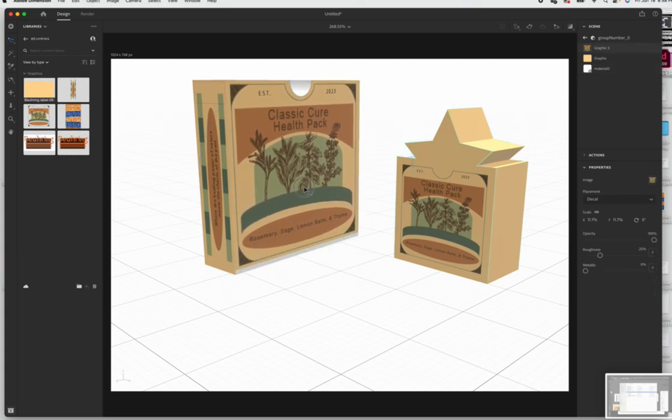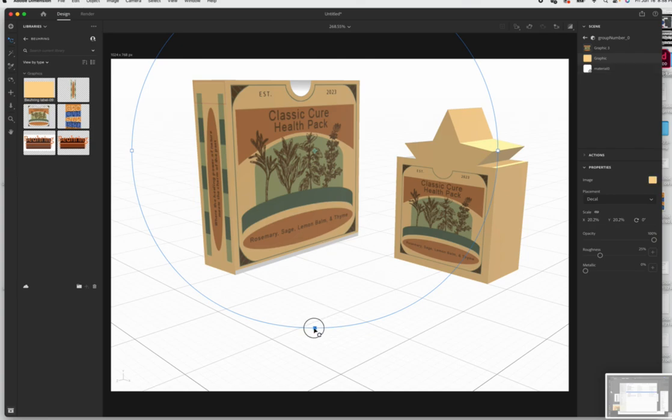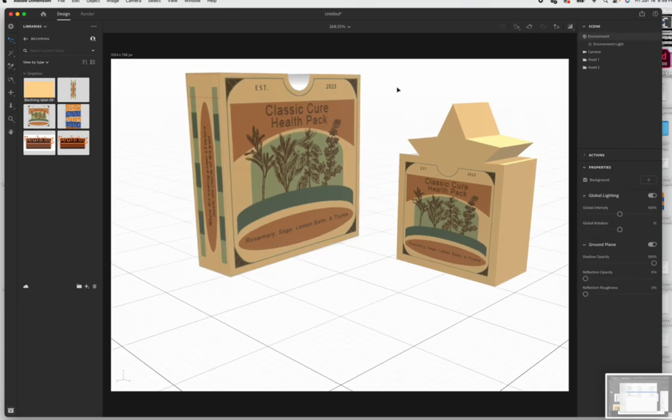So there we go. We didn't get that color all the way. Let's see if we can get that color all the way to the bottom there. There we go. Okay, that was bothering me. So here is a nice little